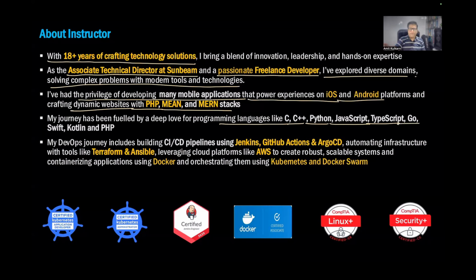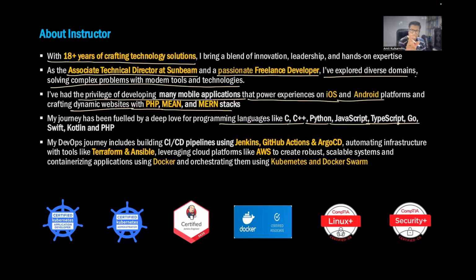Go, many times when the application comes to develop in the backend where performance is needed, I use Go for that. I mean, most often I use JavaScript for backend development as well, using Express applications. But sometimes if needed, I use NestJS for backend development, which is developed using TypeScript.